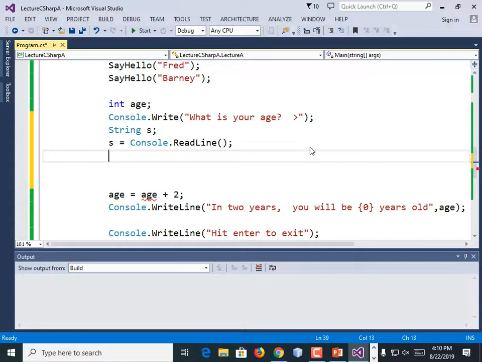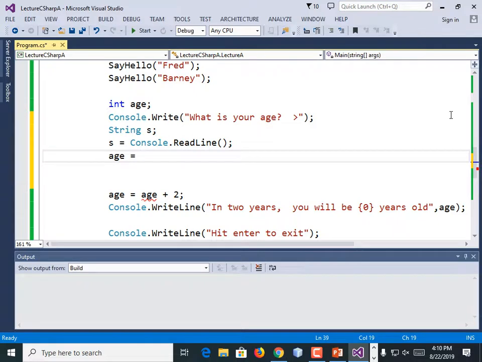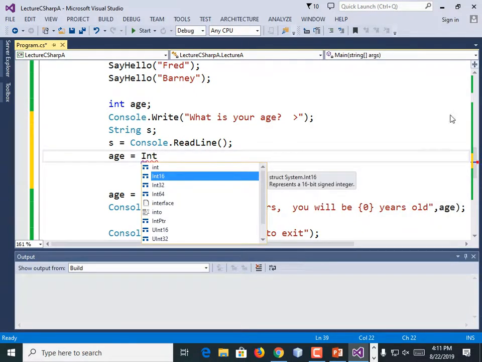Have to convert it into an int. Age, let me look at my cheat sheet real fast. Int32. Age equals capital I, Int. Notice that we have a whole bunch of different options here. You can turn it into an Int64, which is like C++'s long.